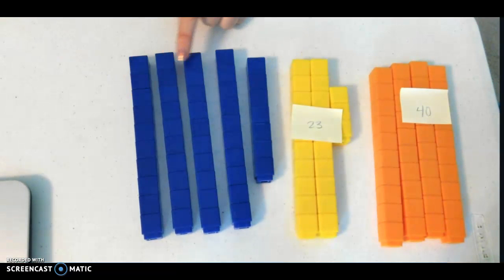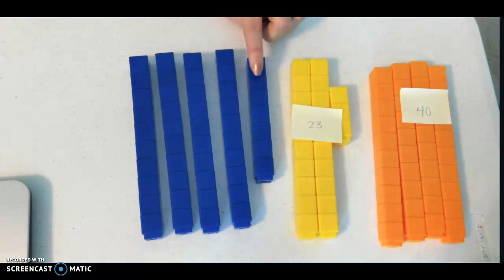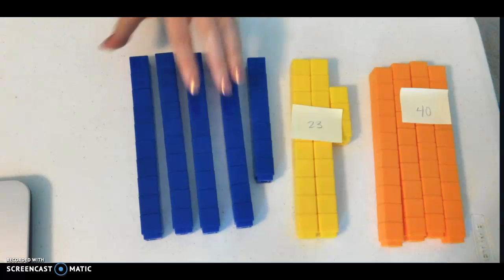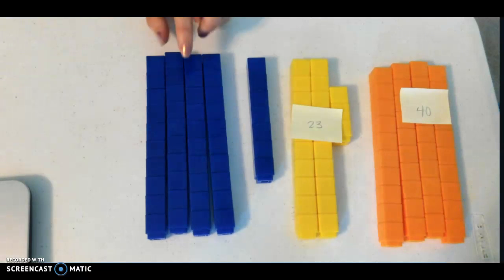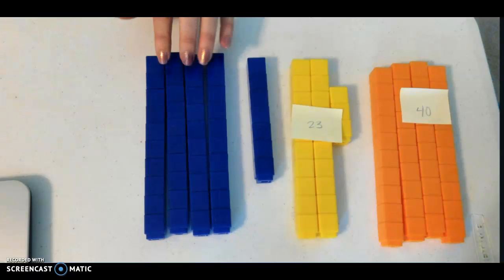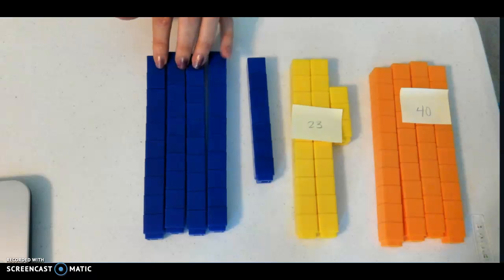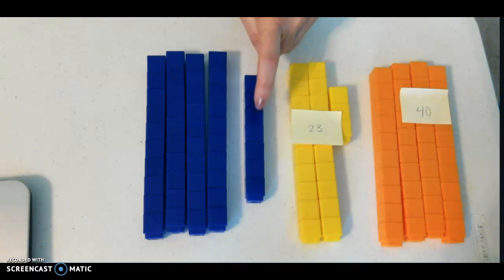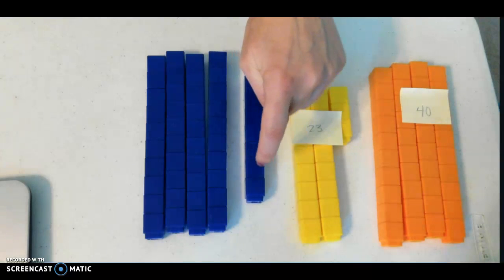We have 1, 2, 3, 4 full towers of 10 and 1 partial tower. So take a second to count how many you see. Okay, let's count them together. We could say 10, 20, 30, 40 to figure out how many are in the full towers. Or we might be able to use what we know about the relationship between how many groups and multiples of 10. If there are 4 groups of 10, there are 40 cubes in all. And let's count these guys. This would be 41, 42, 43, 44, 45, 46,